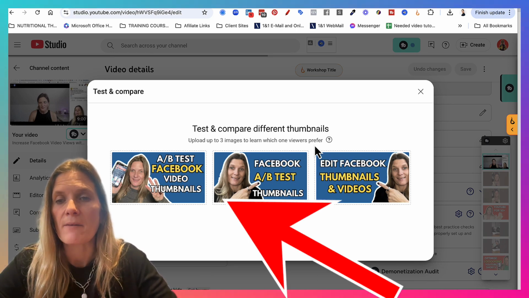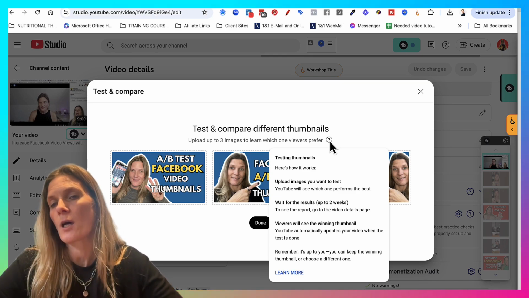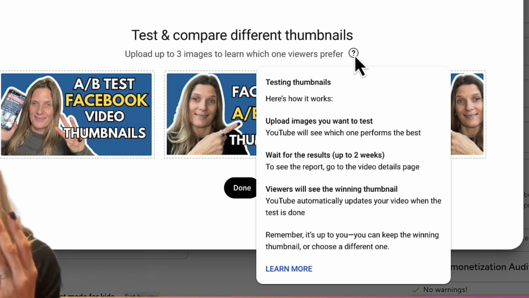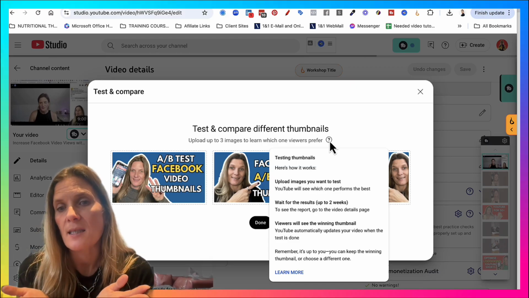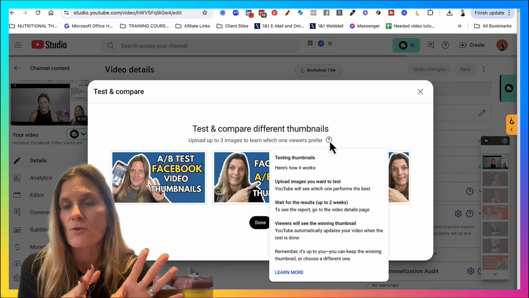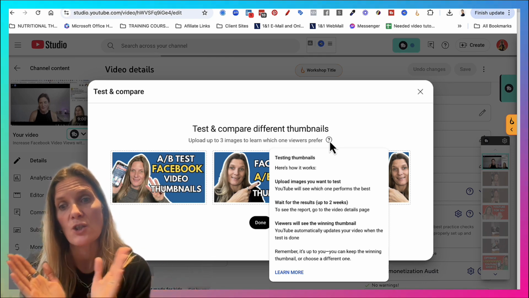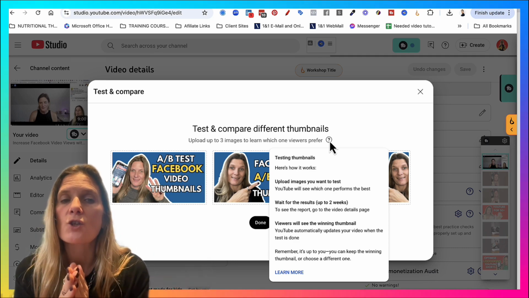So here, you can just see there's a little question mark. I'll just read through this. So basically you can upload up to 3 thumbnails and then YouTube will test these 3 thumbnails out over the course of 2 weeks. So what happens is that it will put your video out and swap over the thumbnails as it puts it out to everybody, and then it will measure the click-through rate on each thumbnail, and at the end of the 2 weeks you will get a little report that shows you